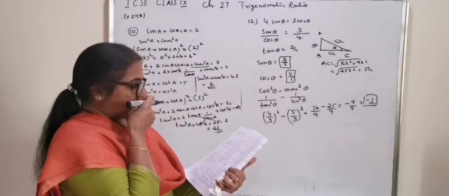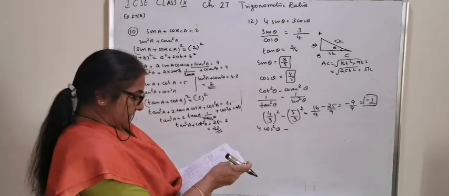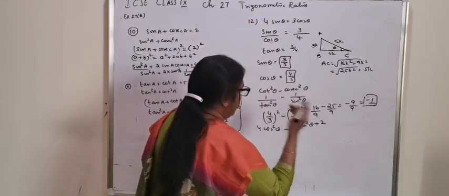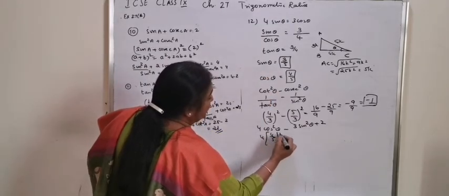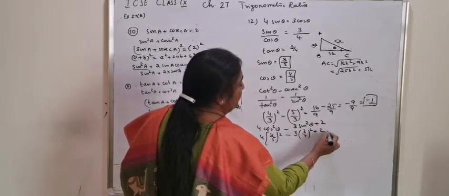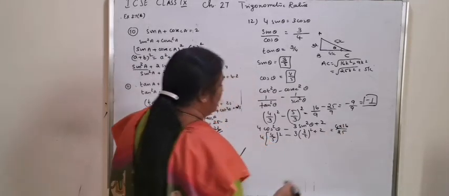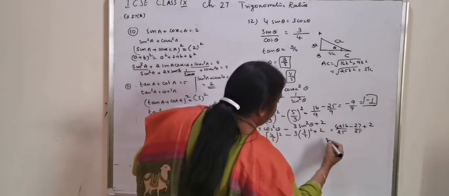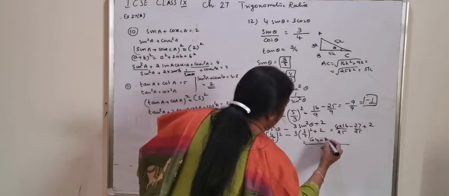And the last part is 4 cos square theta minus 3 sin square theta plus 2. Cos theta is already here. 4 into (4 by 5) the whole square minus 3 into (3 by 5) the whole square plus 2, which is the same as 4 into 16 by 25 minus 27 by 25 plus 2. The common LCM is 25. 64 minus 27